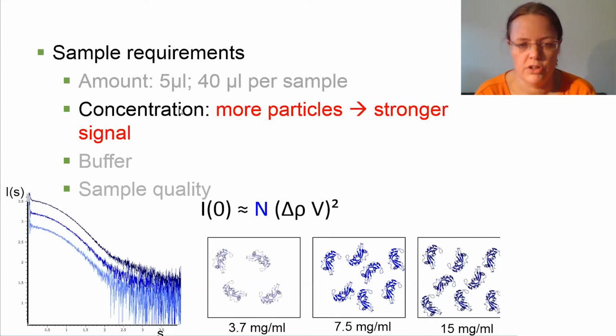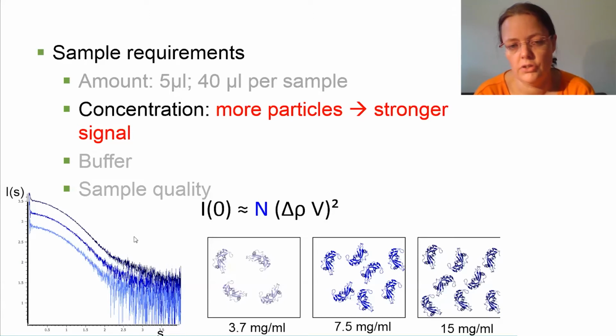And of course, the question also is, what do you want to see? If you just want to see the oligomeric state of your protein, the changes that are happening here in the very low S range of the scattering curve, then of course you also need high concentrations, because you just need to get the information from this area of your curve. If you want to see small changes due to ligand binding or something, then most likely these changes will reflect into a subtle change, maybe in the higher S range, and then you'll have to collect higher data.